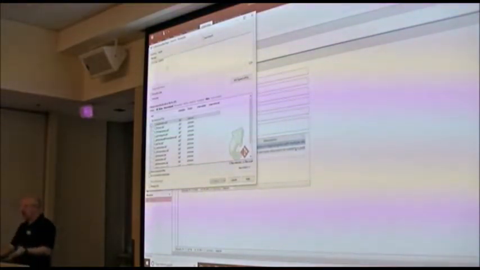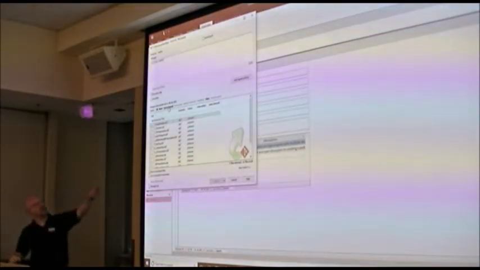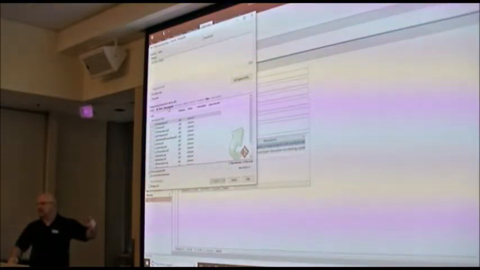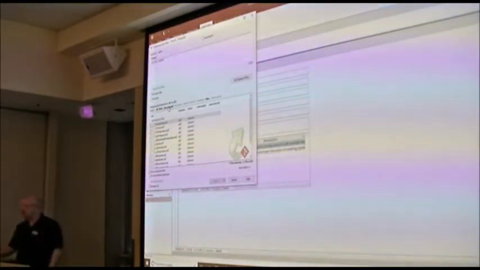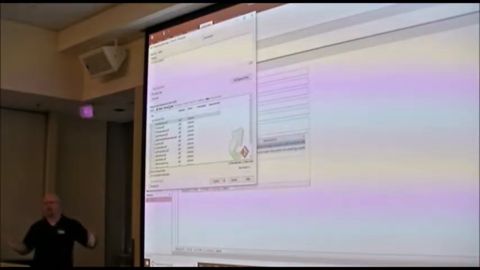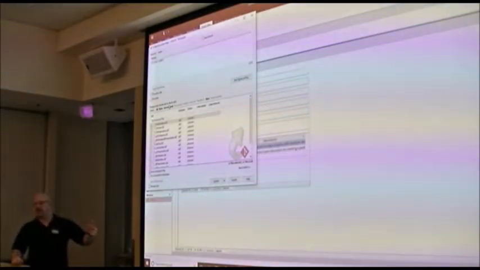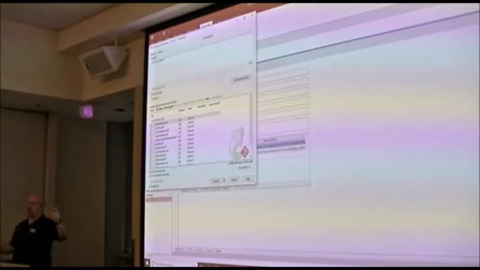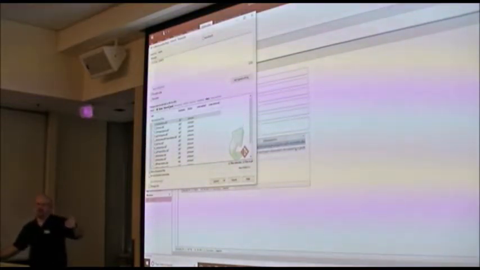Fair enough. And you've got to give it a name, and you should be kind of descriptive. And then, because this is the first time, nothing's checked. Once it knows a file is in source code control, it'll automatically select it. We'll see that in a second. But I've got to say, select them all, because I want to put everything in. In most cases, you're going to want to include everything, but let's say you've got a file that gets created automatically that you don't care about. Maybe you don't need to put that in there. So I'm going to go ahead and do a commit,